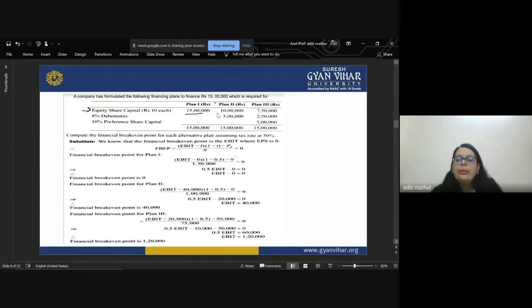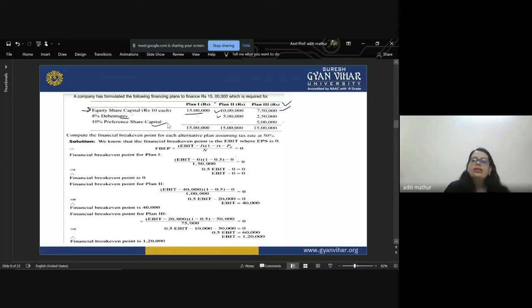In plan 2, they are going to have 10 lakh from equity and 5 lakh from 8% debentures. And in plan 3, they will have 7 lakh 50,000 from equity, 2 lakh 50,000 from 8% debentures, and 5 lakh from 10% preference share capital, right? Compute the financial break-even point for each alternative plan, assuming a tax rate of 50%. So they are asking us to calculate the financial break-even point for all the three plans they have,